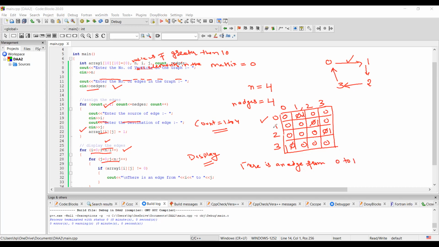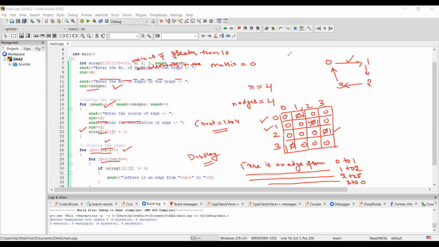So there is an edge from row number 1 to column number 2. Similarly, from 2 to 3, and the last one is there is an edge from 3 to 0. So this is the output that we are expecting from this program.